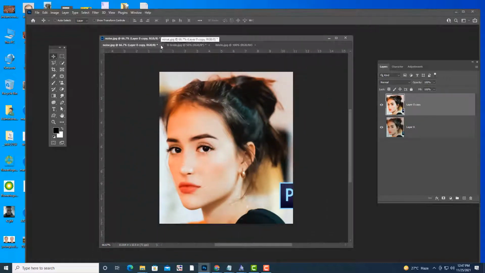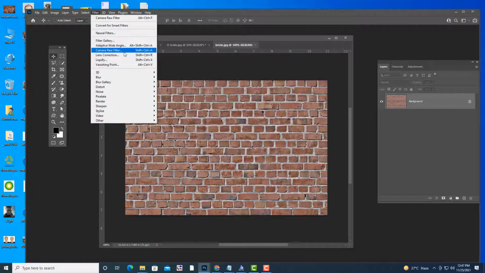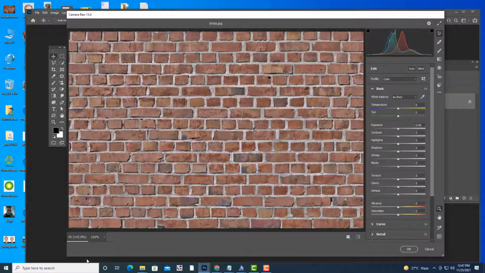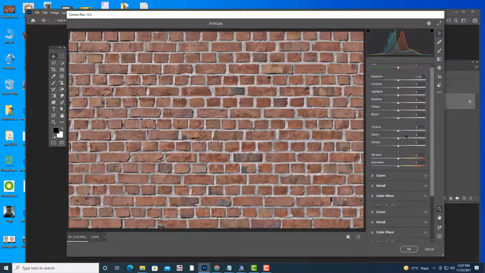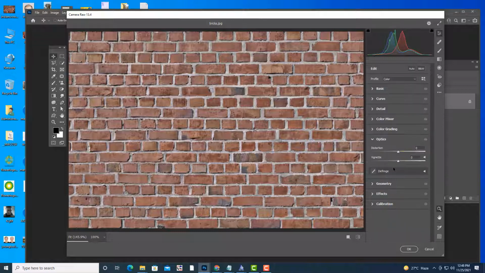The next thing is, we can create a vignette background using camera raw. Vignette. Everybody remember vignette? Neon glow. If you want to create a vignette, just open camera raw, and here we have optics.